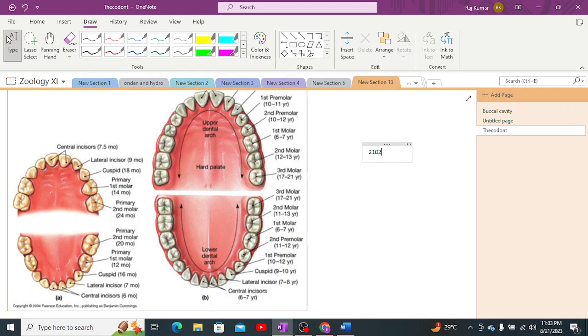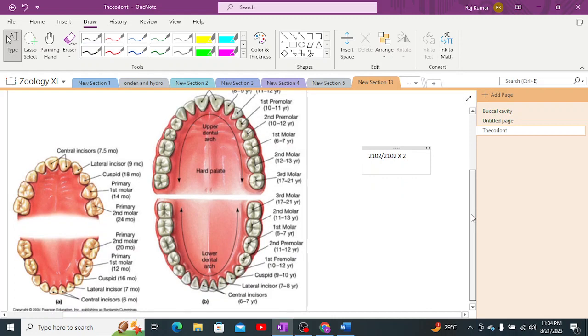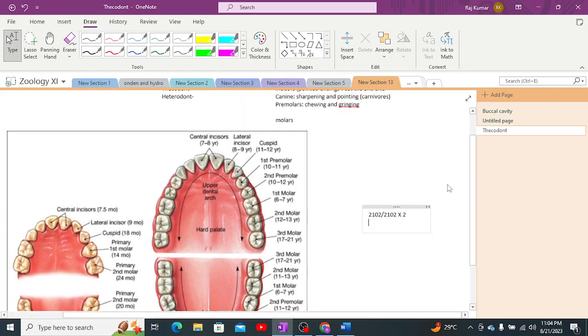2102 upon 2102 into 2 is the dental formula. What does this indicate here? It indicates the dental formula, the number of teeth, this includes the number of teeth inside the